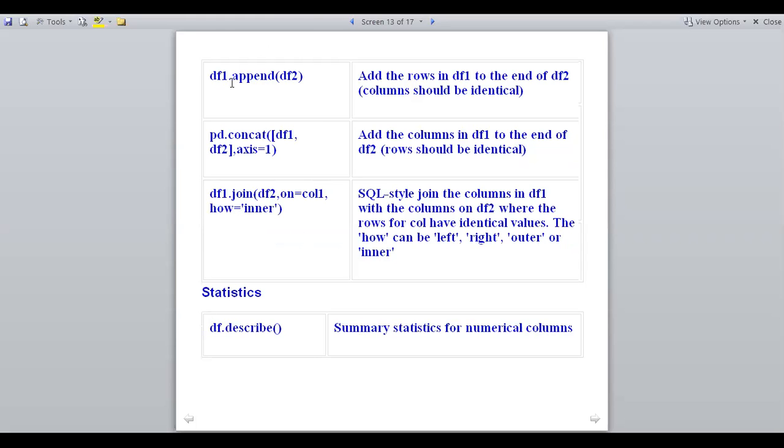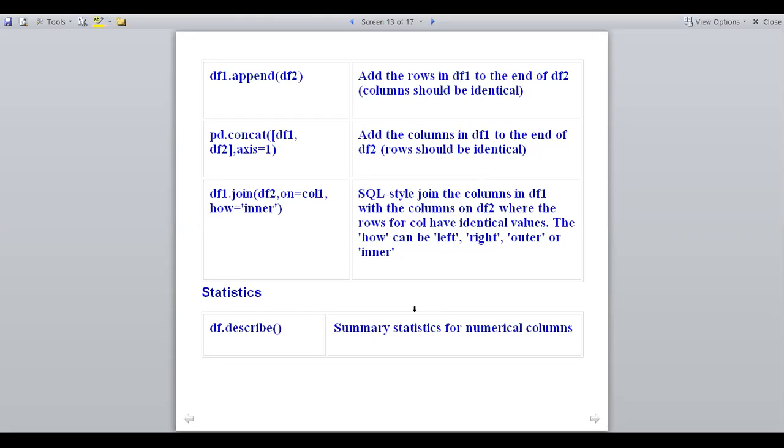And df1.append(df2): one set of values can be appended to another with the append function. And pd.concat, you can join the variables, and df.join you can join like a SQL join. And df.describe will give the summary statistics.